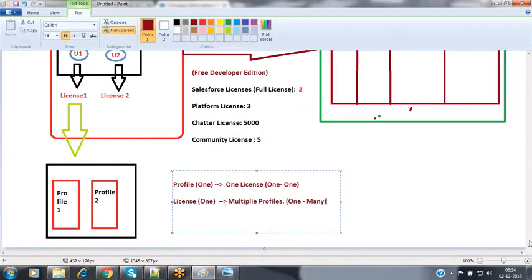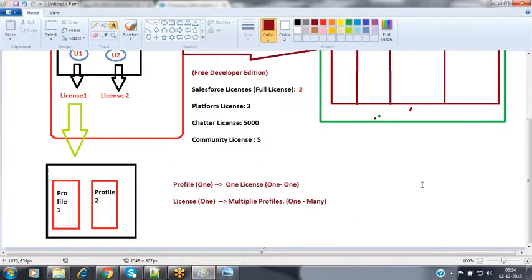So now in this case, excuse me first. Yeah. By means of saying license, you are saying user. I mean, one profile can have multiple users, but one user can have only one profile, right? Yes. I think it's confusing, Feroz here. Sorry to ask you that. One profile can see multiple licenses.